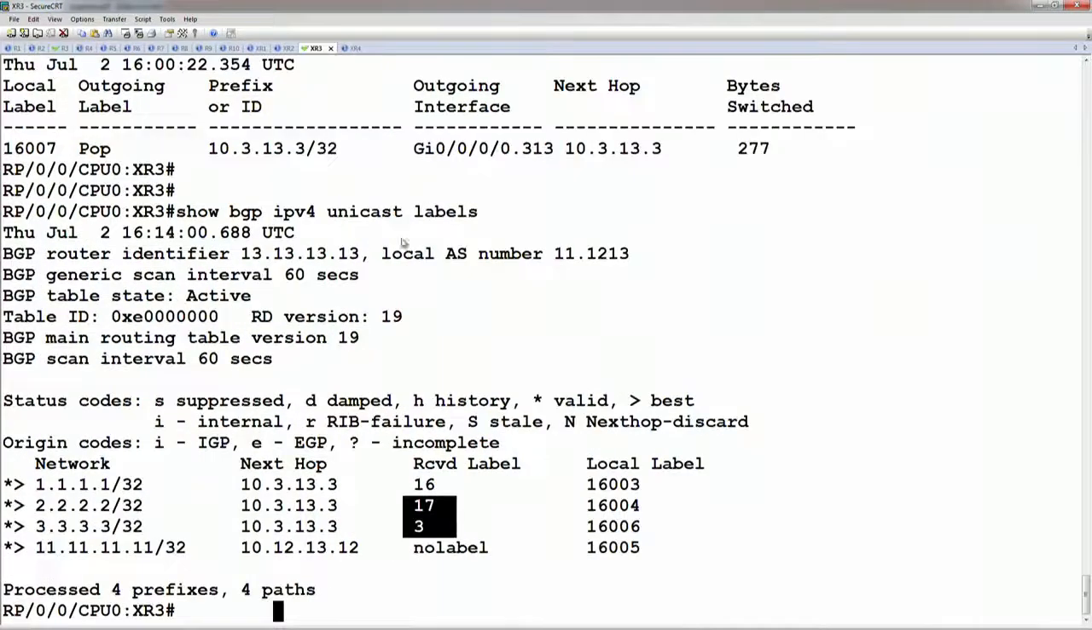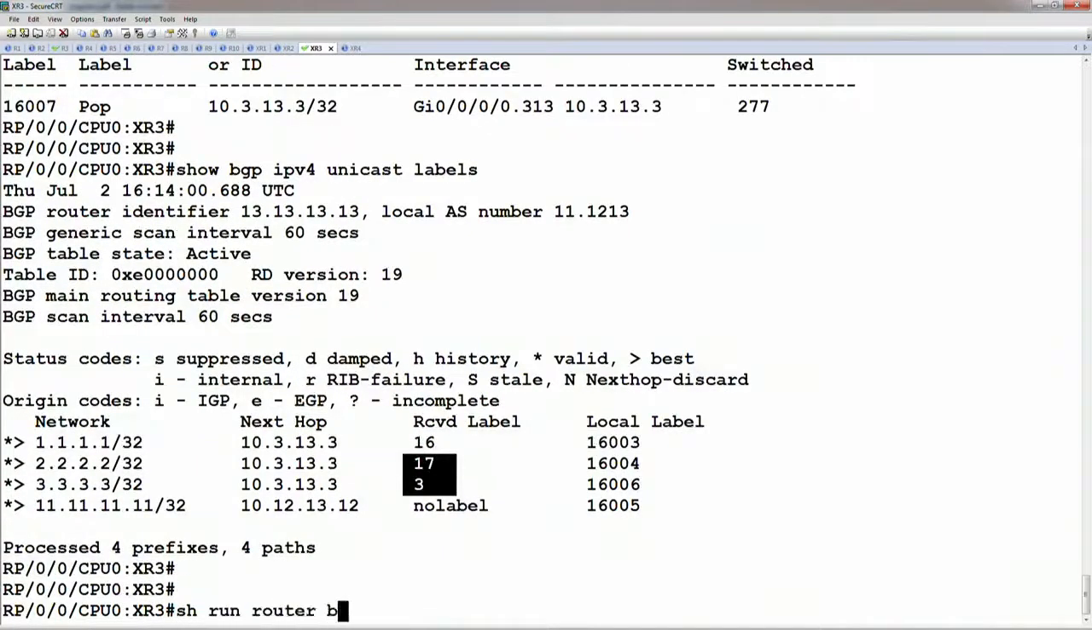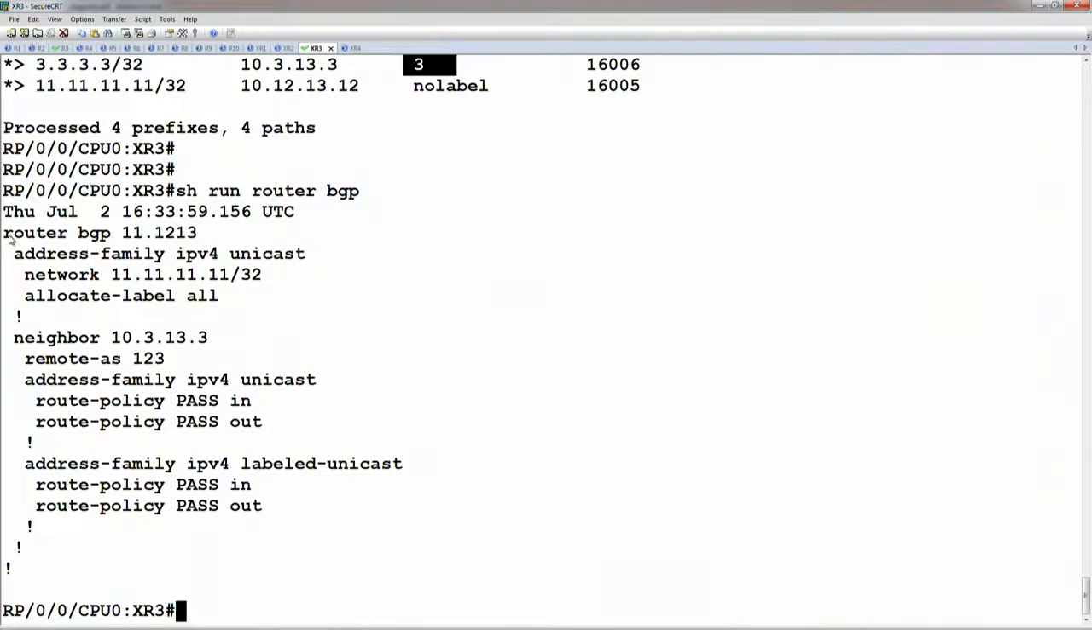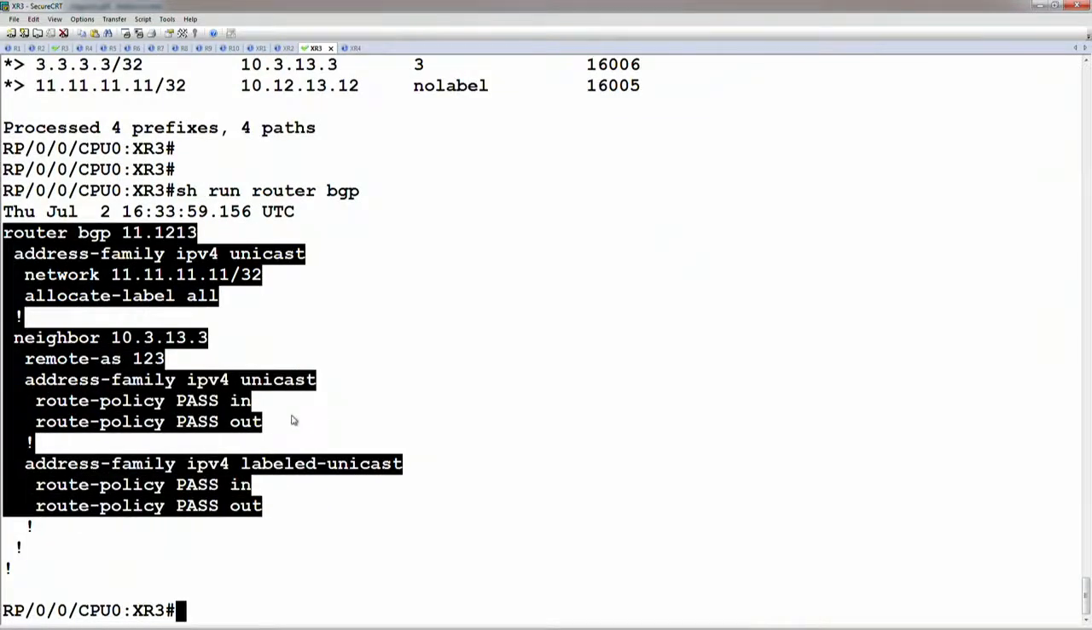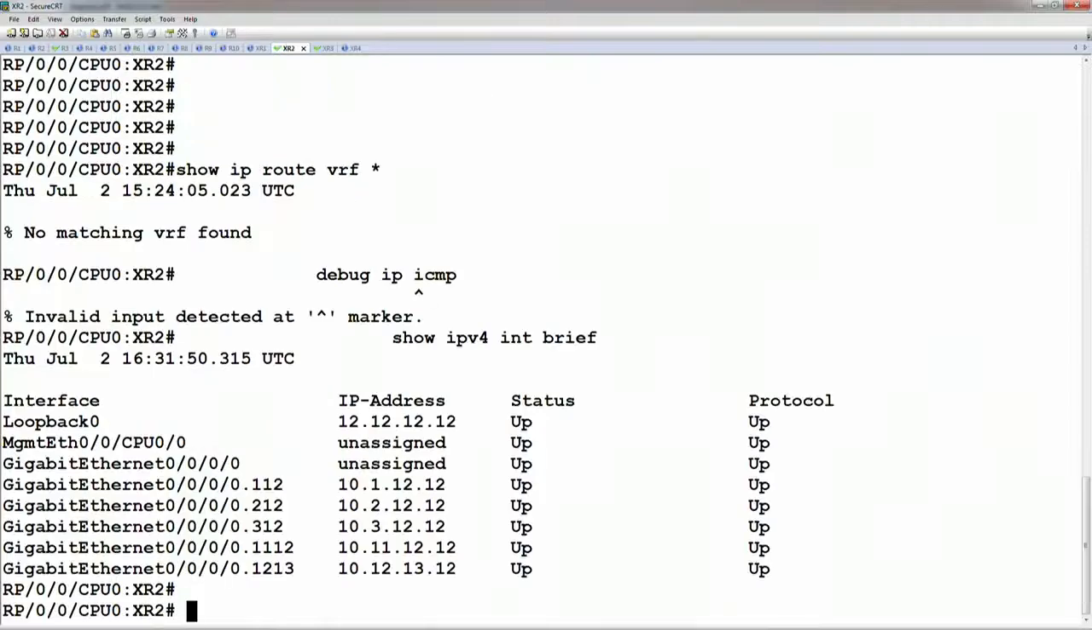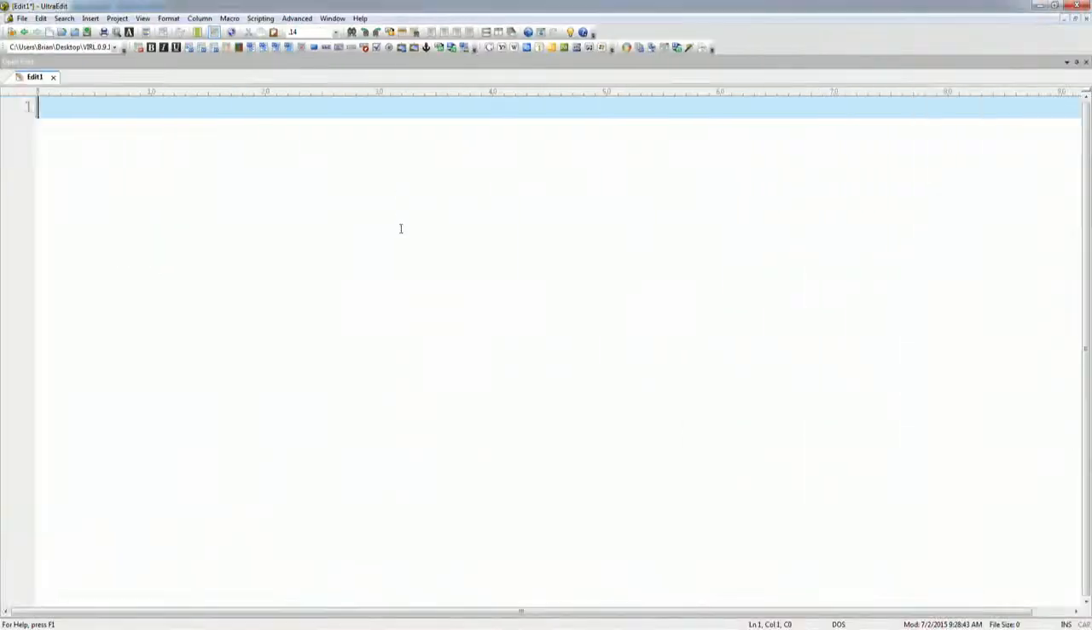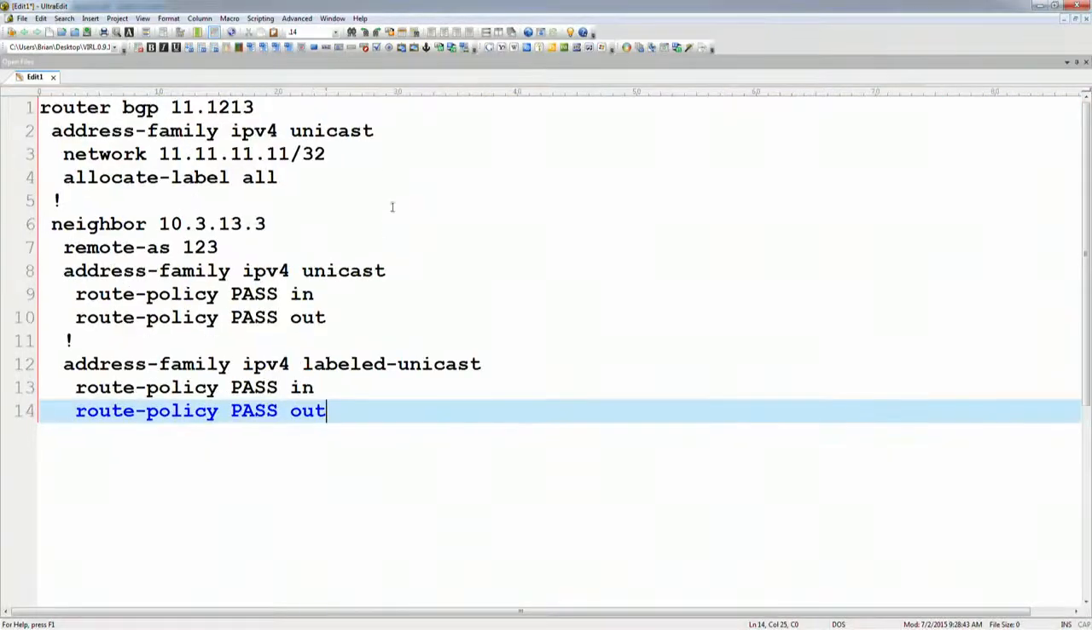Okay, if we go to the other side, let's go to XR3 and look at the show run router BGP. And this is basically the same type of config we're going to do from XR2. So let's go ahead and make some changes to this. We're going to say that